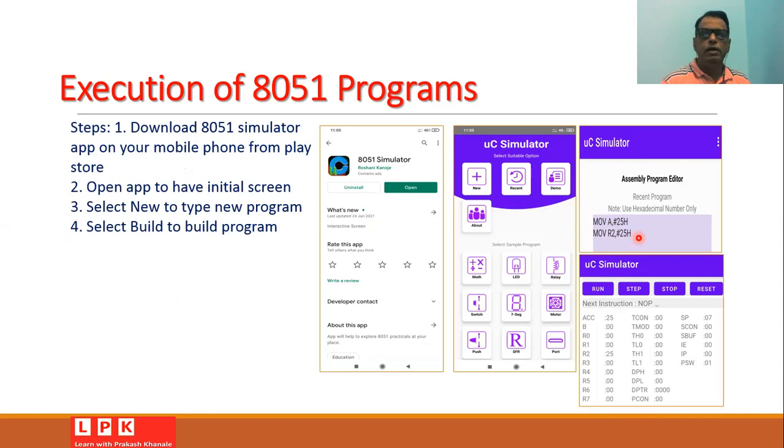Once you have completed writing, click on this button and the build menu will appear. Click on build to build the program. If there are no errors and you successfully build it, then you can debug. You can click on the debug button and then you can run the program.